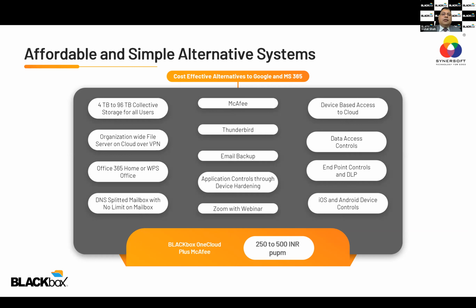Mr. Vora, Nirav Vora has asked: sir, I have one query. We feel that the mailbox of 50 GB size as on date is very low. Is there any alternative to increase the size? You are absolutely right. Microsoft in its highest offering also does not give more than 50 GB, and it is insufficient indeed. So as I have explained to you, in DNS splitter technology, you can use this 4 terabyte to 96 terabyte collective cloud space for your email box also. So there is no limit on your email box.